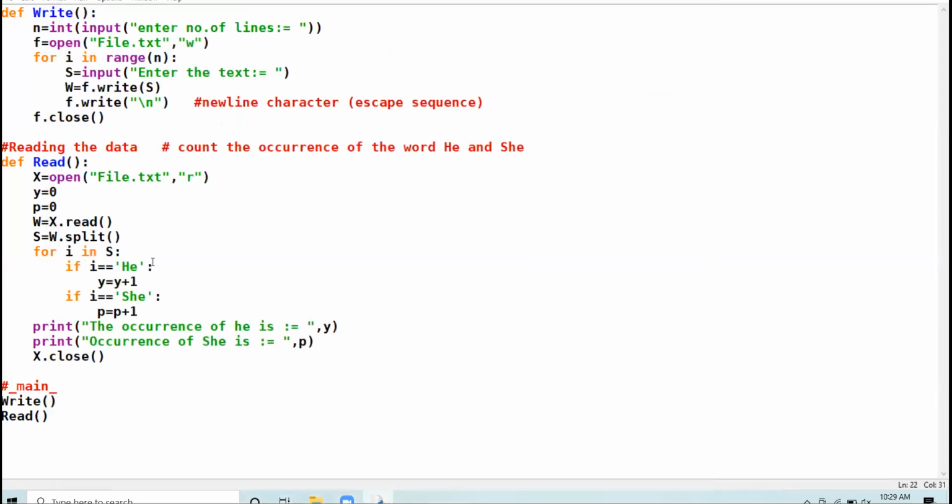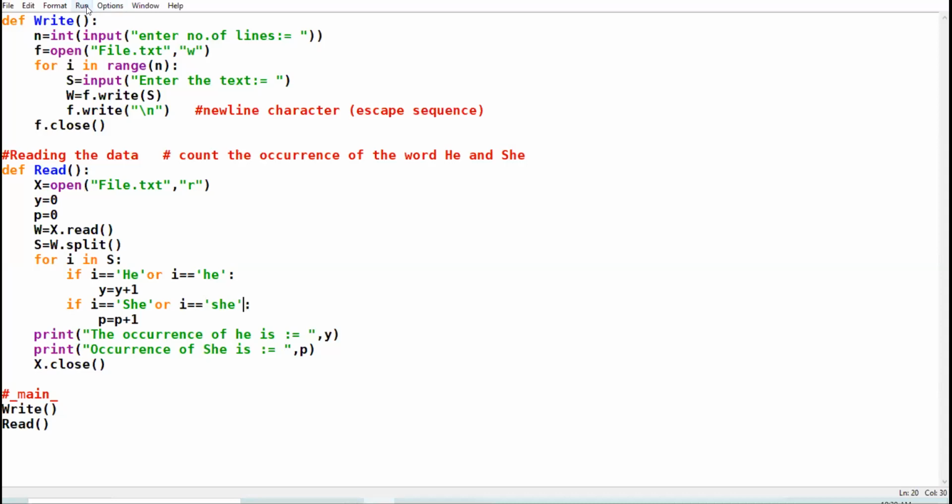Now, if I want to match all the possible cases, so write here whether he in upper or whether he in lower. Then here whether she in upper or she in lower. So now it will match all the possible cases.